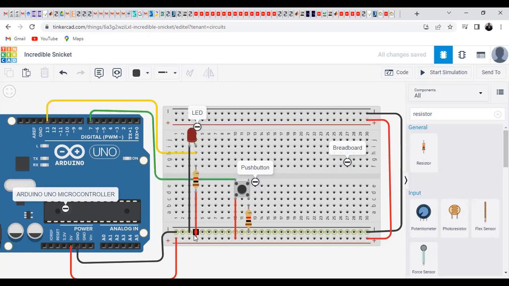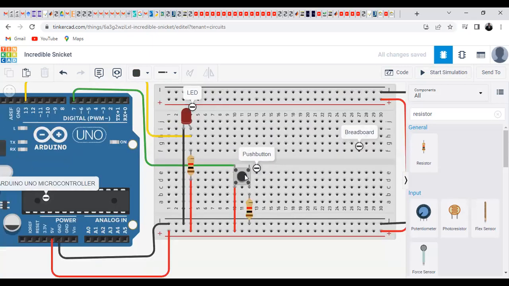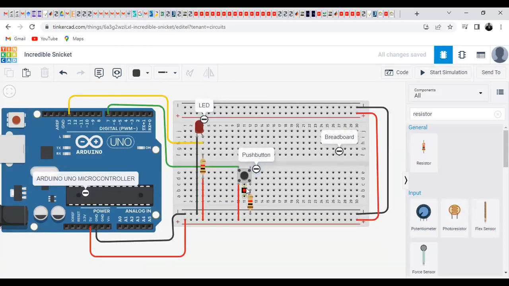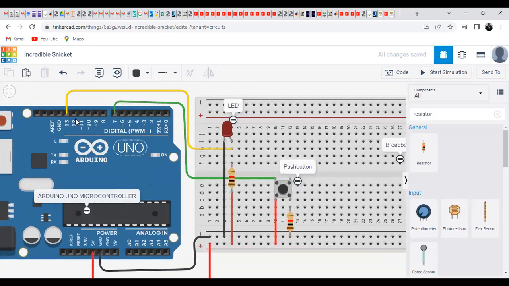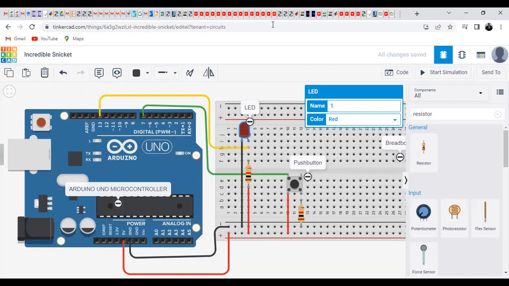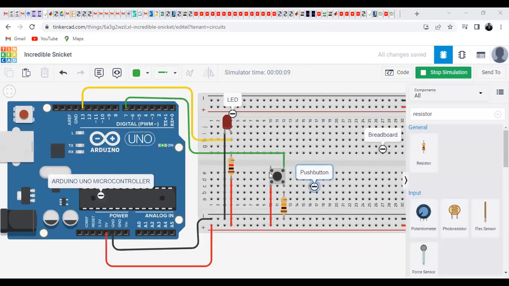We've connected it to VCC. Let me check the connections for the push button to see if they are correctly made. Yes, so now we can